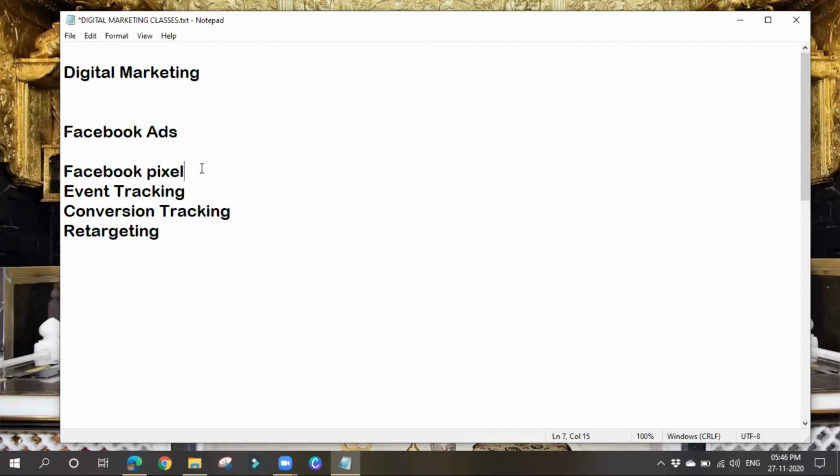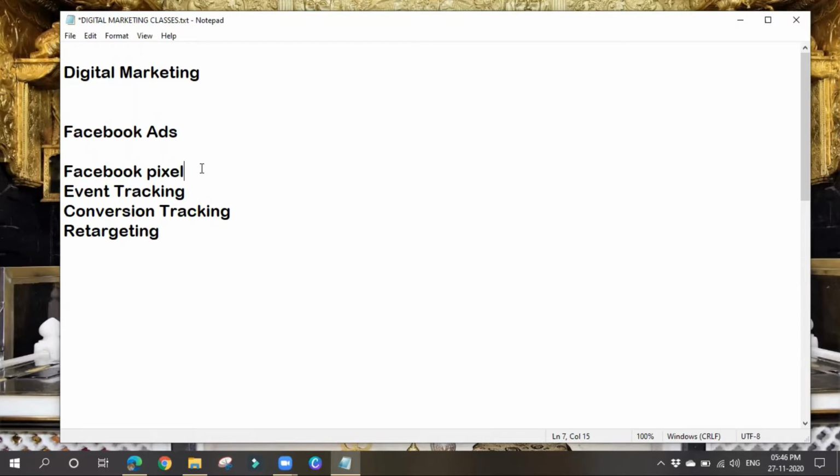Based on this data, we can decide whom to target. If we are running ads again, we can target people based on the data we got through this Facebook Pixel code. In order to place this Facebook Pixel code, you must have a Facebook business page and also a Facebook Ads Manager account. Yesterday we have seen all these things. We have created a Facebook business page and also we have an Ads Manager account, so that then only we can run our ads in Facebook, right? So we have these two things.